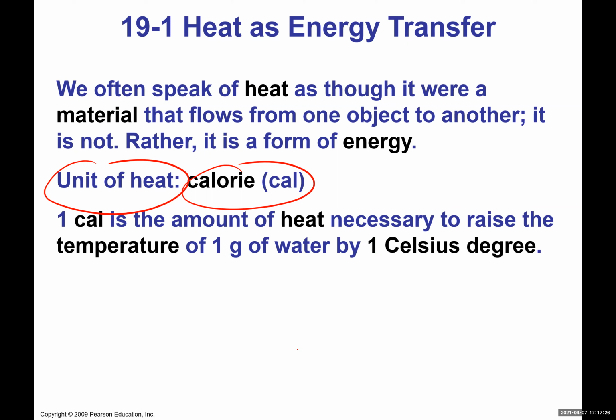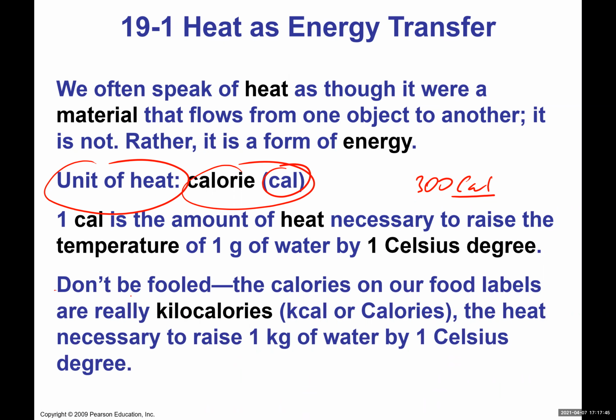So when you buy the chocolate bar, let's say it gives you 300 calories. But this is actually not the same calorie as I have over there, because this calorie, you can see, right? Don't be fooled, that is actually kilocalorie. So this C, capital C, is technically kilocalorie. So this 300 calorie is actually 300,000,